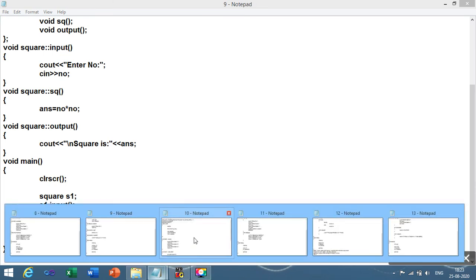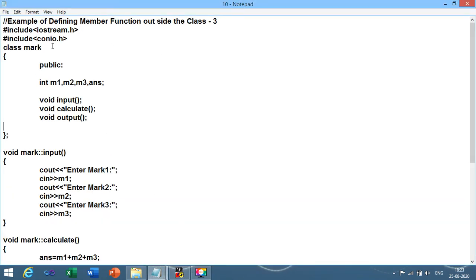Now program number 12, right? Class mark of 3 subjects. Answer variable, as I have told you that you can take any variable. 3 methods which we are going to develop outside the class. The name of the class would be mark, so I have specified mark and the scope resolution operator over here.